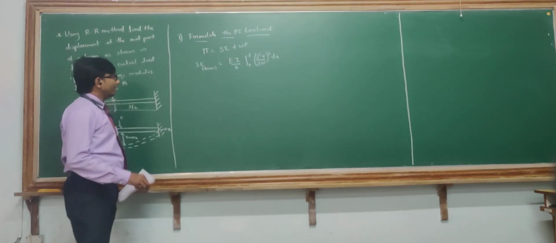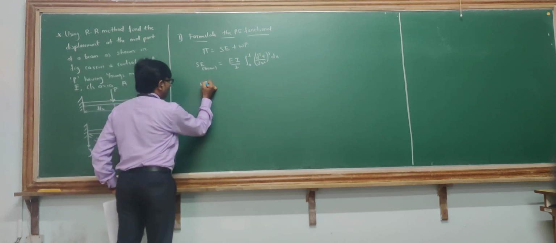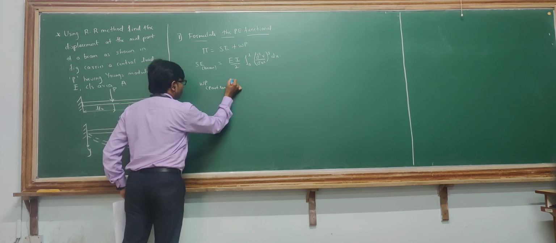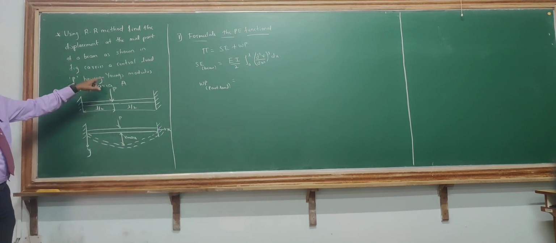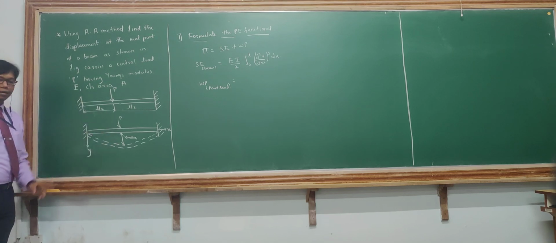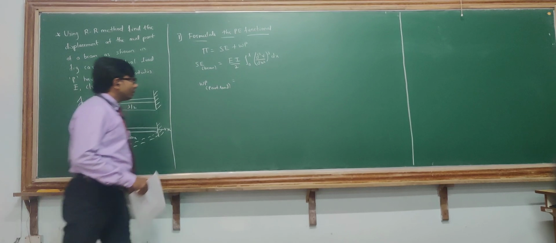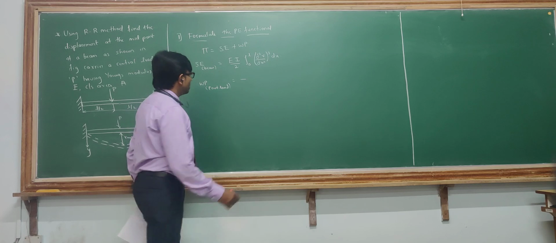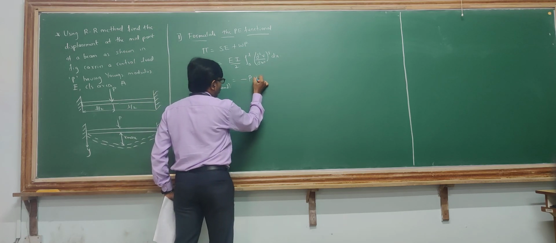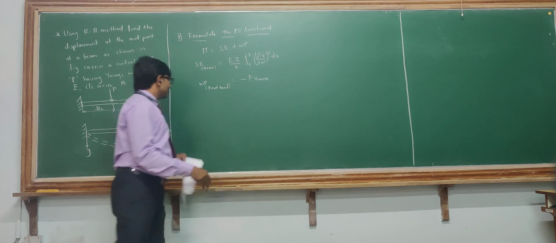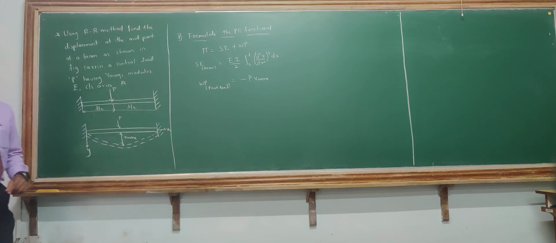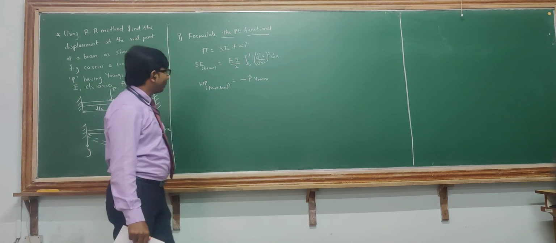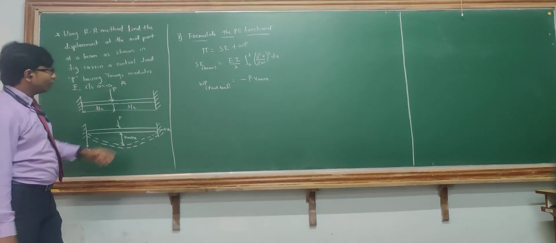Okay, so now we will write the work potential. What will be the work potential for the point load? This is a point load which is being given. See here, at the center I am applying a point load. Because of that point load there is a deflection. So if it is a point load, directly I will take it as negative. You already know that it is work done on the system. It will be minus P into Vmax. Why I am taking Vmax is that we know that at the center only there is a maximum displacement happening. So I will include that parameter here. It will be minus P into Vmax. I hope this is clear.